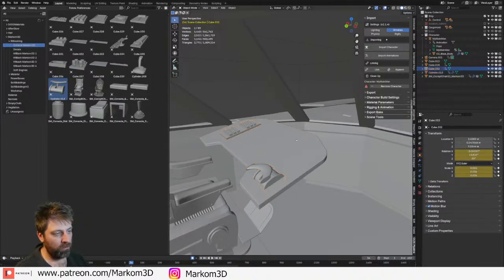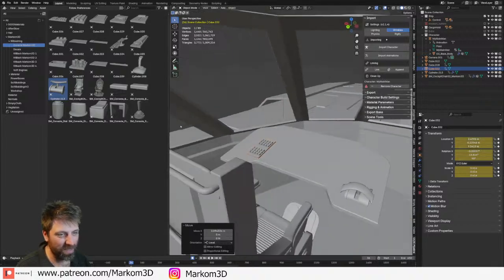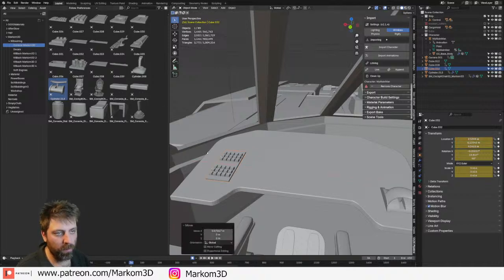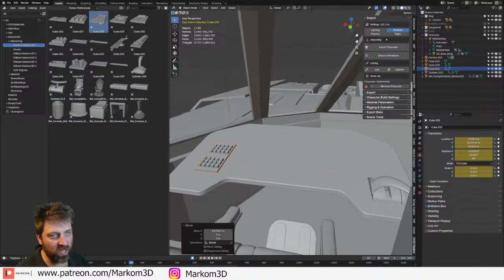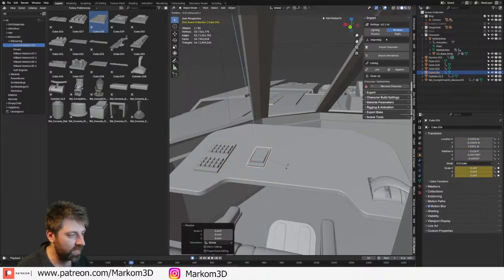Because with all these things, you have to think, is it actually going to be seen? If not, don't really need it. However, it just adds a little bit. We're just adding a little bit. That's all we're going for. Get stuffed.